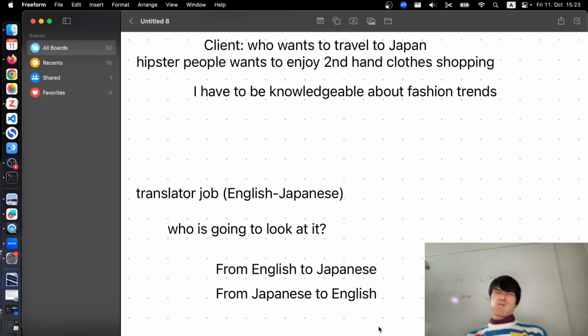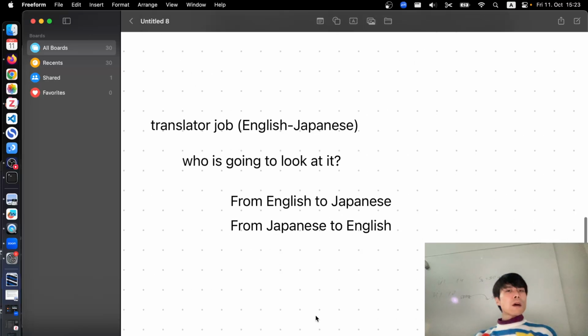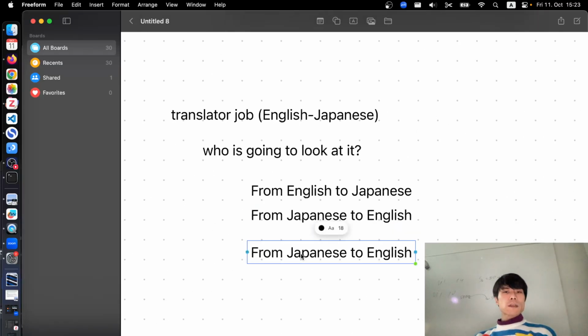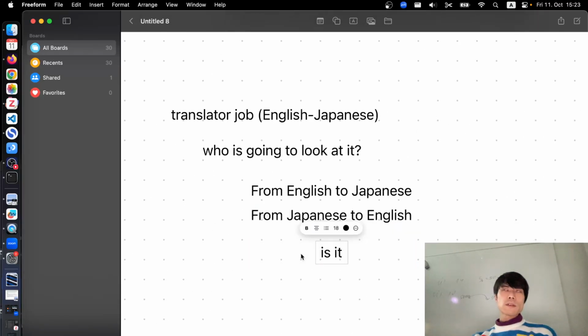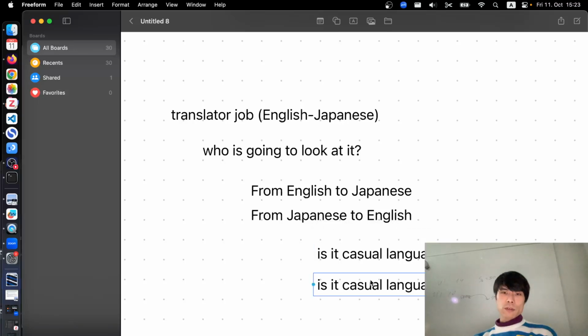I can do both, I would say. And also, is it casual language, or something add-on, or is it something specific topic, like